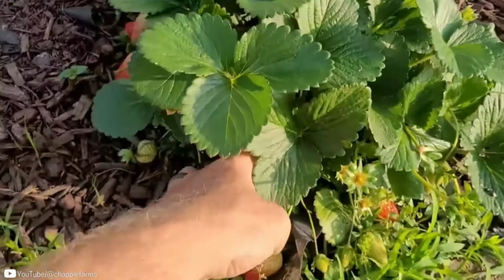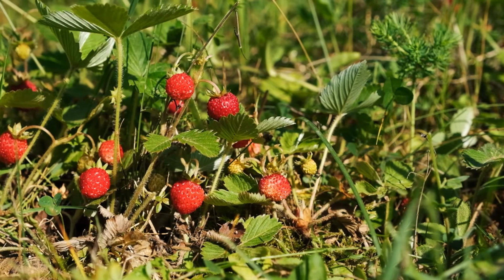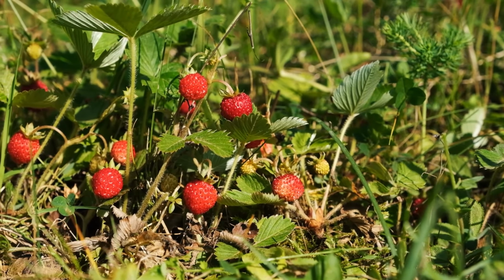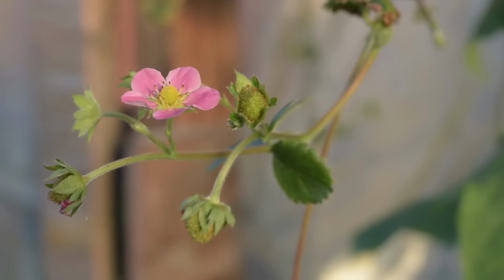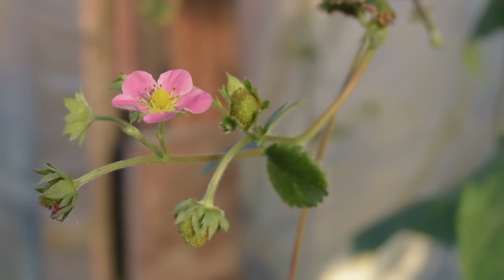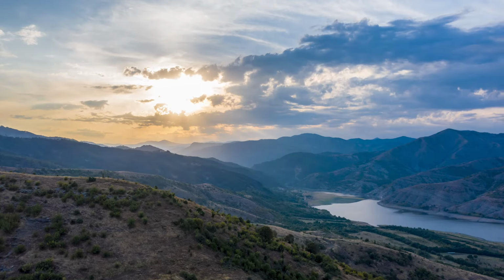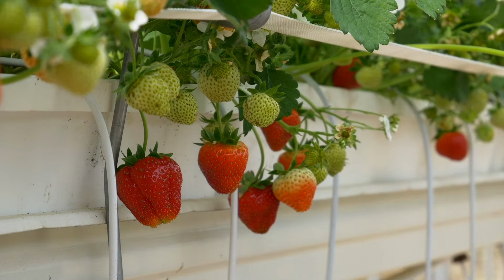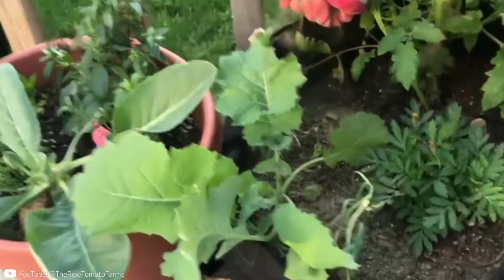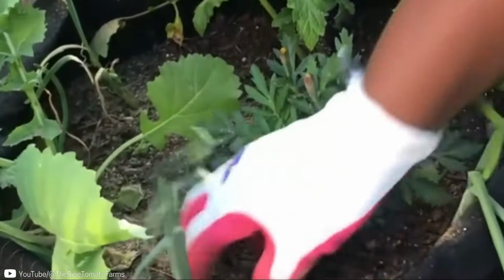Here's where it gets interesting though. If you're growing ever-bearing varieties, which produce fruit multiple times throughout the season, they're going to need additional feeding. Those plants are working hard cranking out flowers and berries for months on end. They'll run out of gas without a little help from you. Every 6 to 8 weeks during the growing season, side dress your plants with more fertilizer. Side dressing just means sprinkling fertilizer around the base of the plant and working it lightly into the top layer